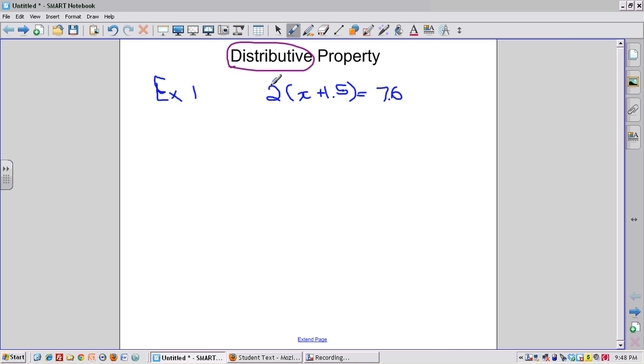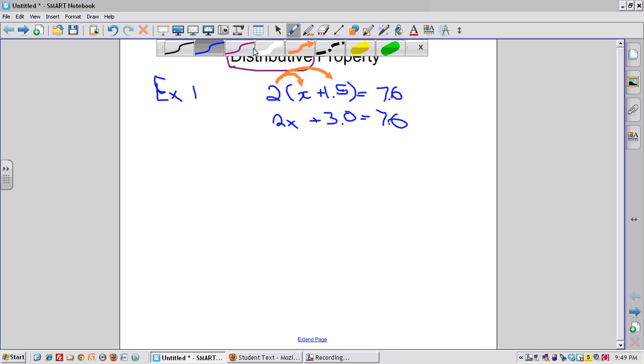We're going to distribute the 2 to the x and also to the 1.5. So essentially, we're just going to multiply that before we do any other work. So we have then 2x, and then 2 by 1.5 will be positive 3. And then from here, pretty straightforward,